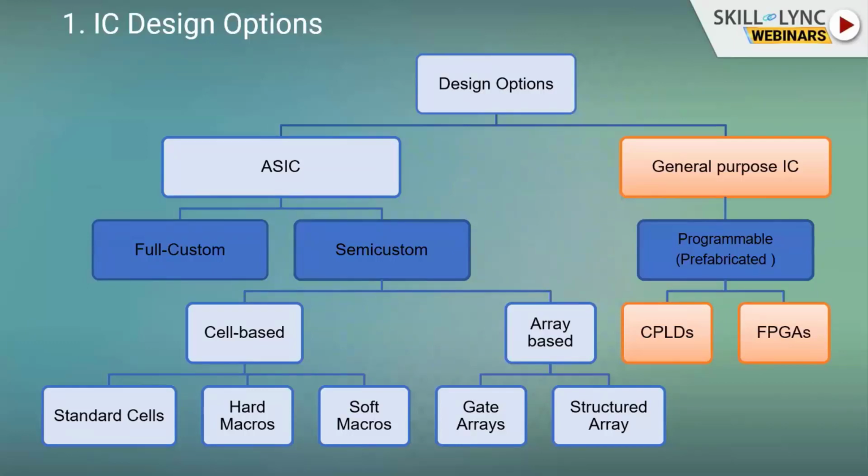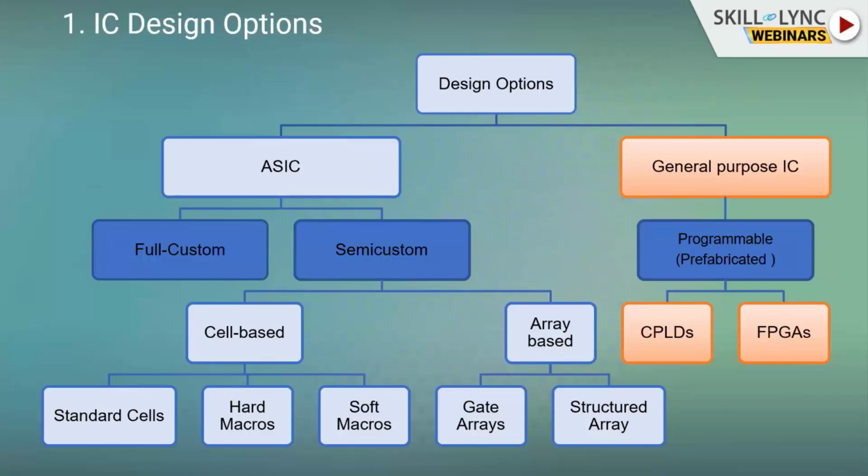So once the ICs are fixed, we have to design, and the final file of the FPGA is called a bit file. We have to build it into the IC, then we can use it. So there is no need to change the physical structure of the ICs; we just have to reprogram it. So that is a general-purpose IC, also called an FPGA. So this is the overall design options there.